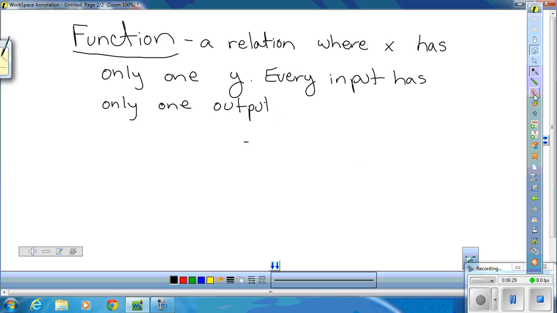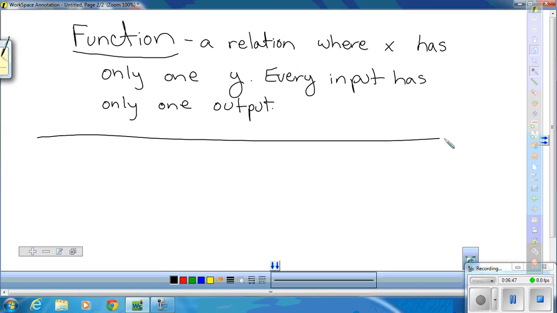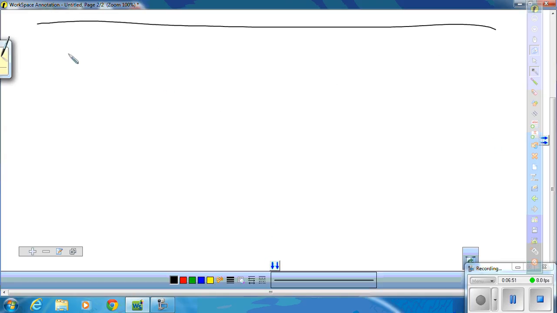Okay, so every input can only have one output. I think of it as a consistency issue. In a function, you want the relation to be consistent. And so every time I look at the x value of 5, I want it to have the same y value with it. Ways that we can figure that out kind of depends on what way we're showing that particular relation. So for example, if we're looking at set notation,